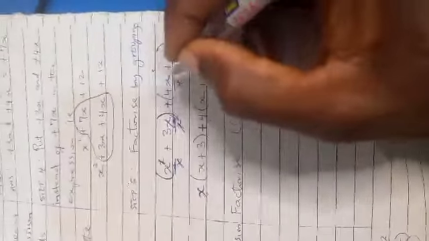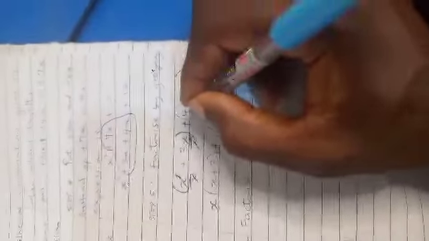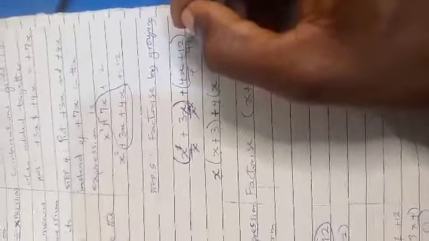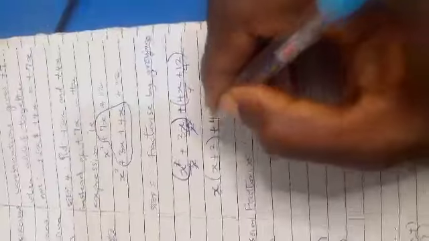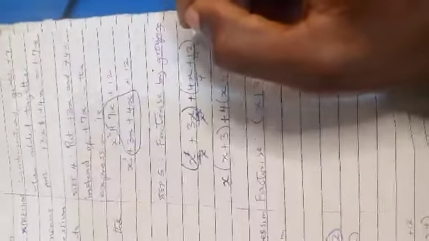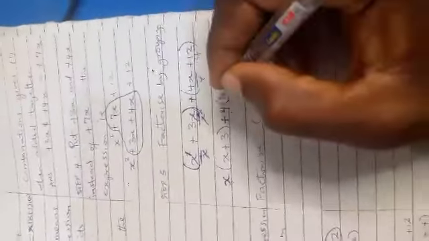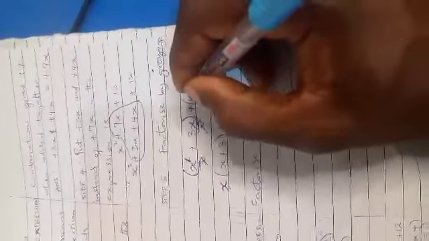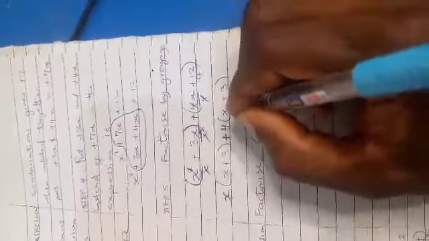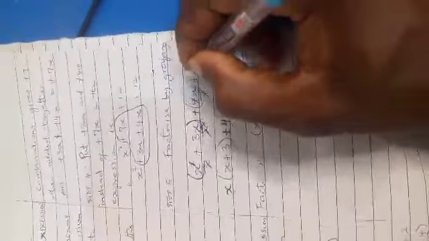What that means, when we say the factor that is common to both, it means the factor that can divide 4x and can divide 12 without leaving a remainder. So it is 4 that can divide 4x and also 12 without leaving a remainder. So when 4 cancels 4, you are left with x, and when 4 cancels 12, you are left